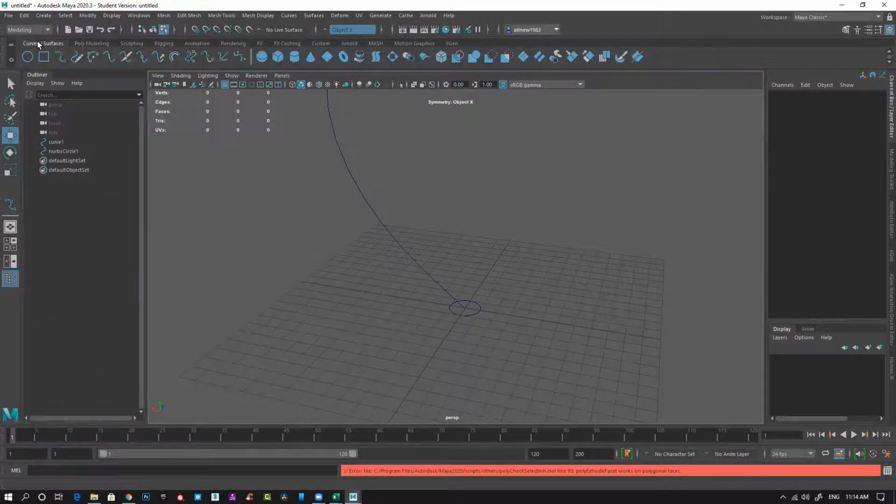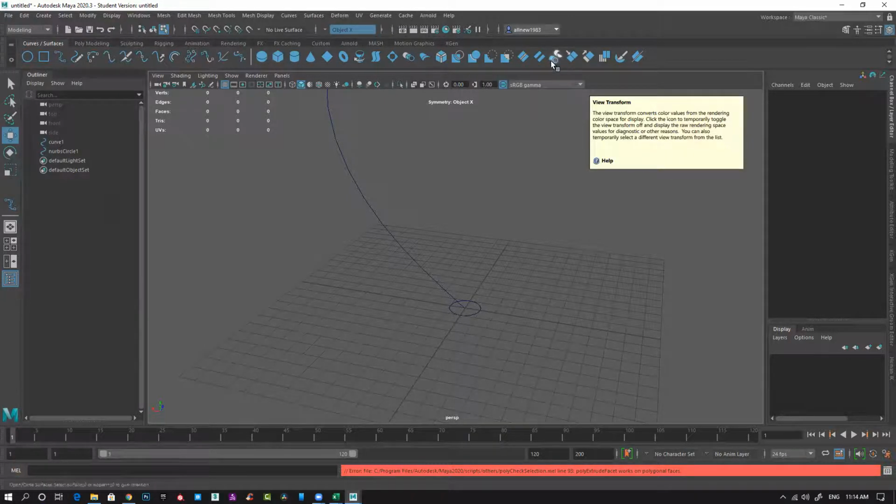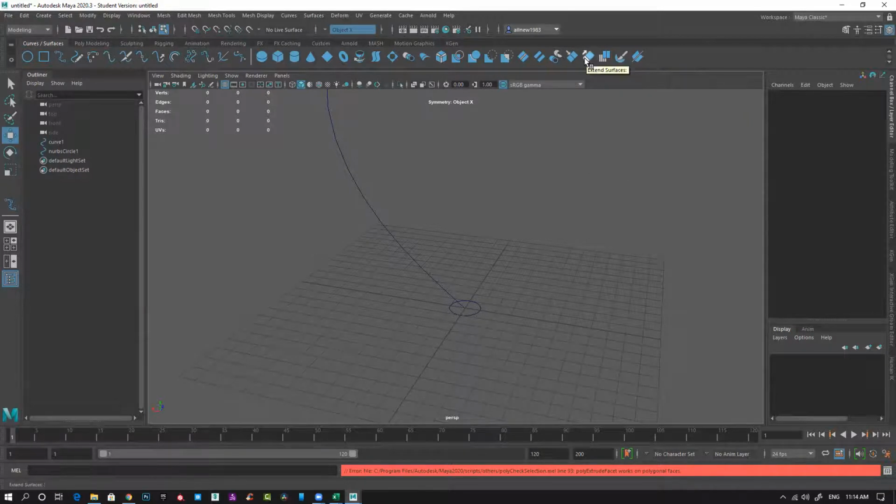But it should work. What happens is it's not extruding.